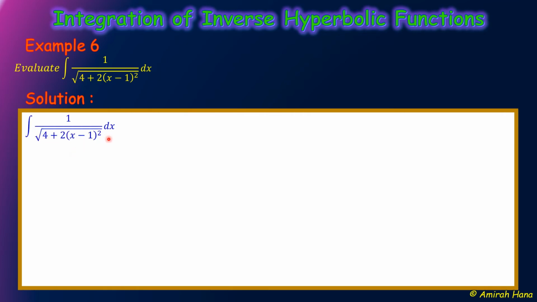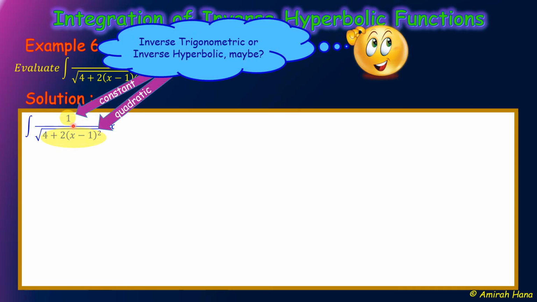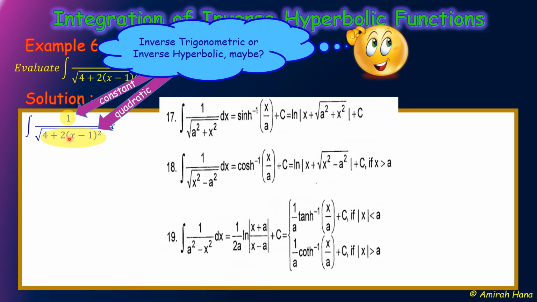Okay, from the given question, the numerator is a constant, and the function inside the square root symbol in the denominator is quadratic if we expand. Okay, that means after we integrate, the answer may be an inverse trigo or maybe an inverse hyperbolic function. So if we guess that the answer should be inverse trigo or inverse hyperbolic function, we can refer